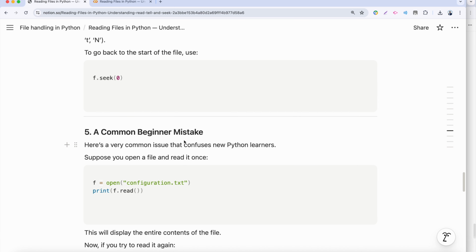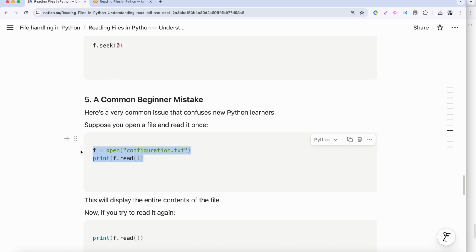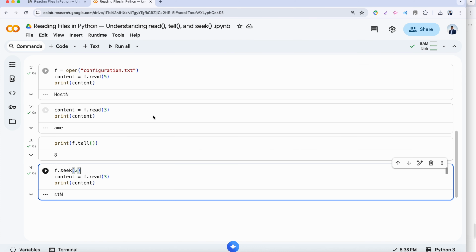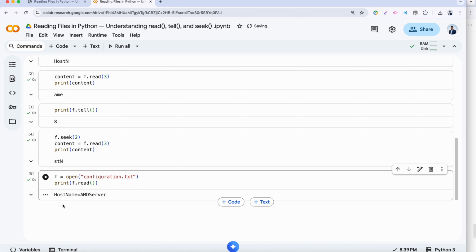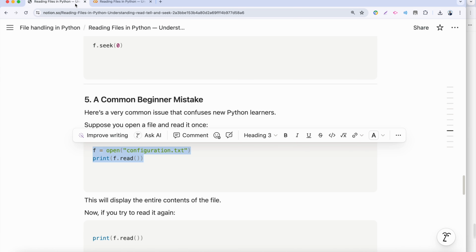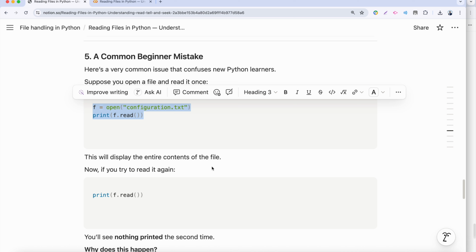A common beginner mistake. Here is a very common issue that confuses new Python learners. Suppose you open a file and read it once. Let's try that. We read the data: hostname is equal to AMD server. Now this will display the entire contents of the file. Now if you try to read it again,